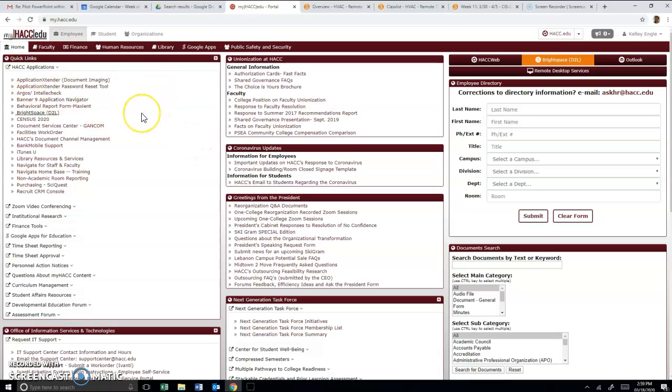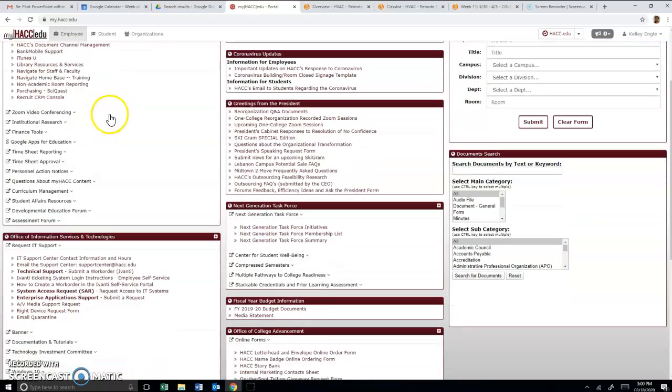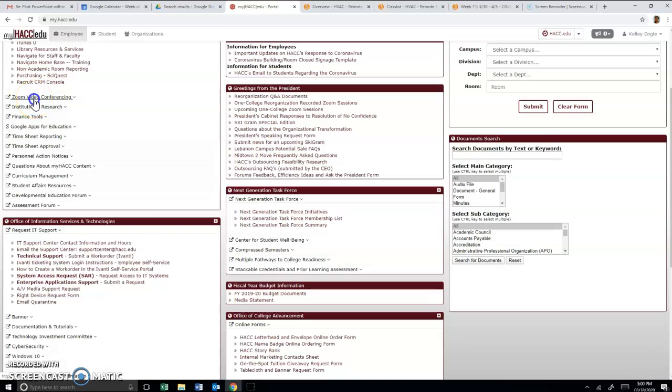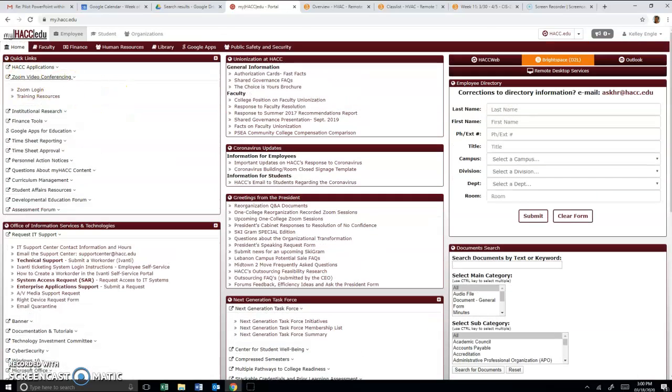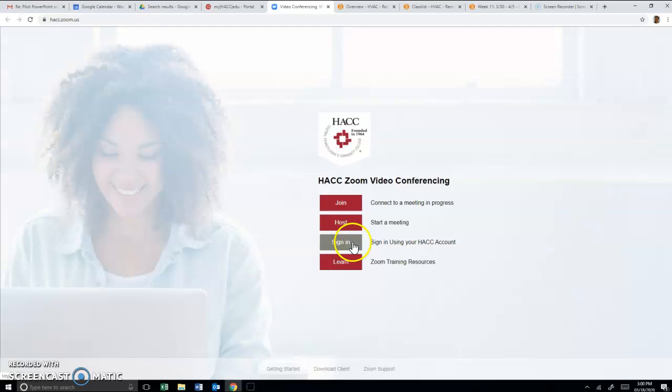So I'm in my hack again. If you scroll down from the home under the quick links, hack applications, scroll down a little bit, go to Zoom video conferencing and click on that. It'll give you two more links, and you want to click on Zoom login. From here, you're going to click on sign in,